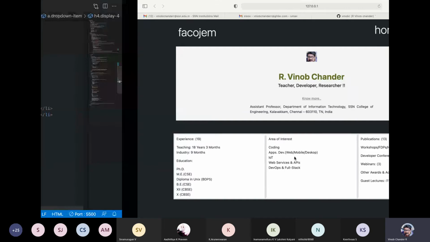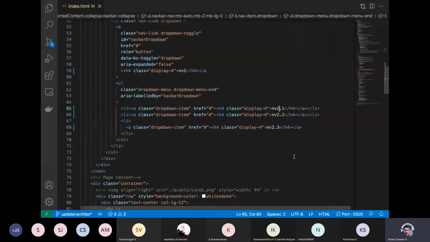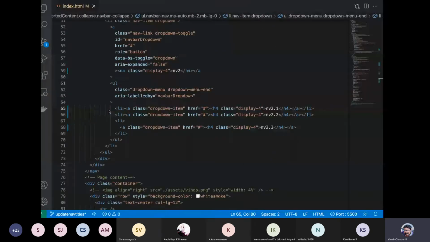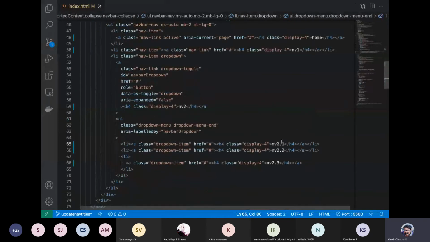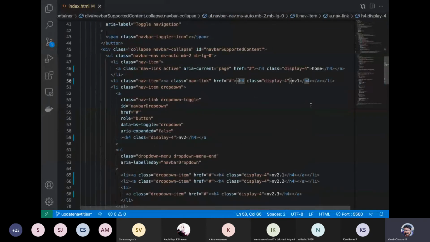Okay, so this is too big. Let us probably have this FACOGEM as big as 4, and maybe let us shrink down these guys a little bit. Starting with nav1, let us call this as h7, and this is display 7.